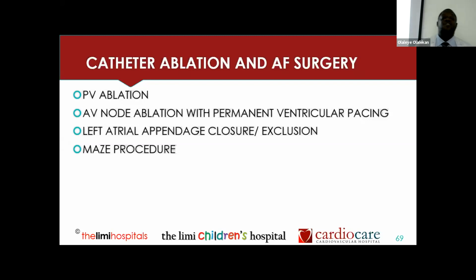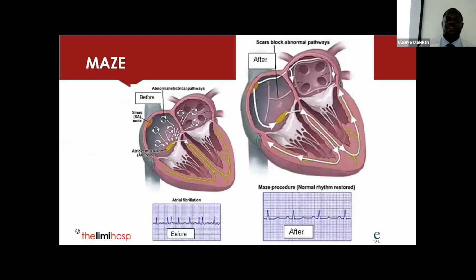And surgical components of achieving rhythm control, like I said, during electrophysiological study, you can do catheter ablation, through which you can do pulmonary vein isolation and ablation. You can ablate the AV node and place the patient on a permanent pacemaker. Then left atrial appendage closure surgery could be done. Then, the MAZE procedure used to be done. What is done in the MAZE procedure is